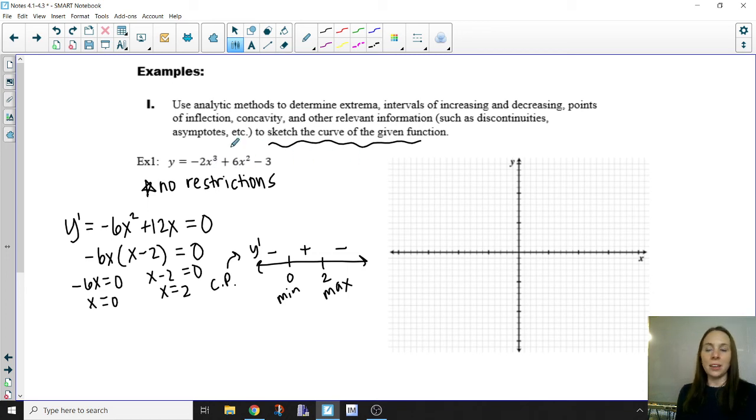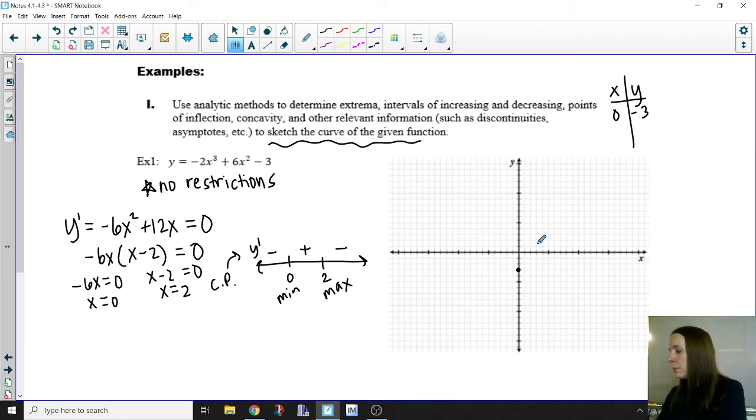All right, so, if we were doing this without a calculator, I would then say, let's fill these values in by hand, do some calculations here. We can do 0 pretty easily here, just to get a couple ordered pairs to actually plot. So like when x is 0 in the original function, y is -3. Do you agree with that? Okay, when x equals 2,